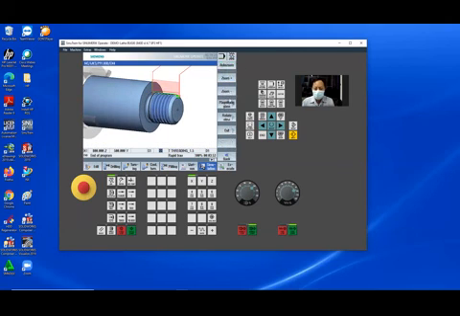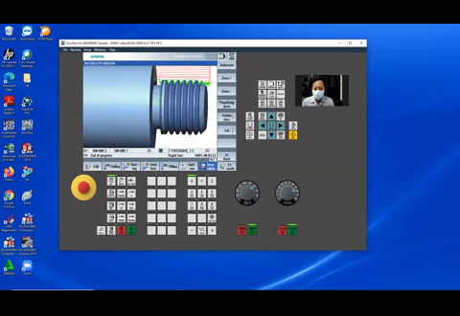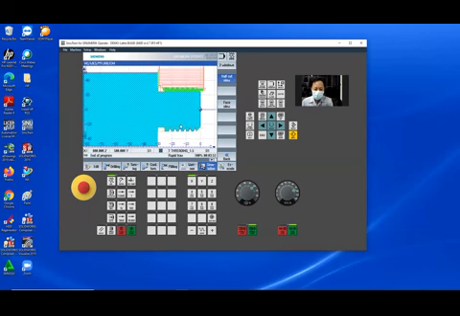If you want to rotate, like this. If you want to cut, yeah, cut. Like this. This is the shape. Cut, yeah.